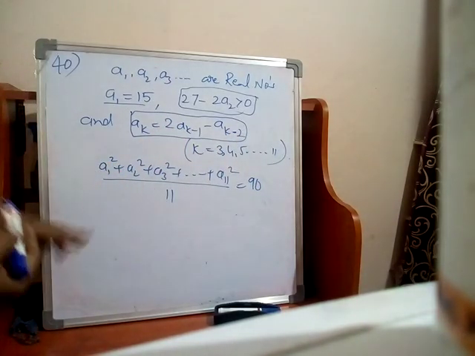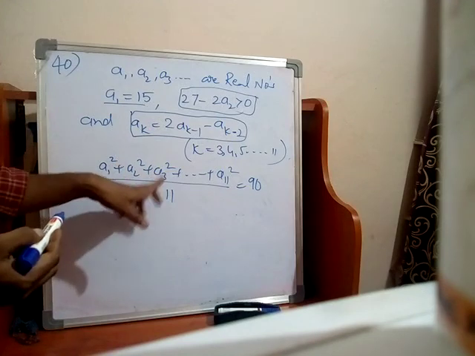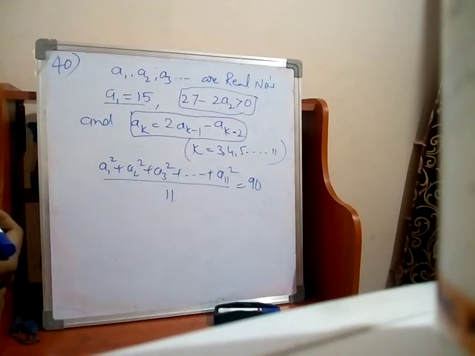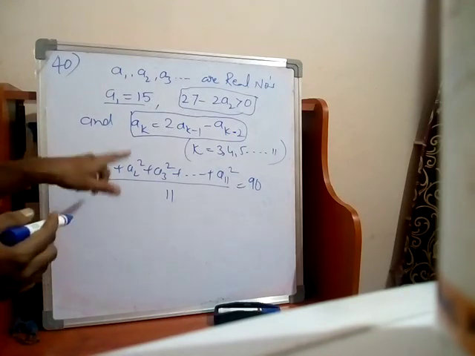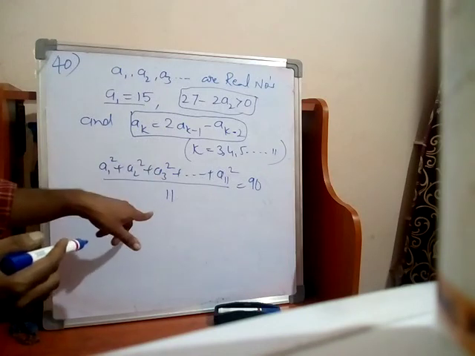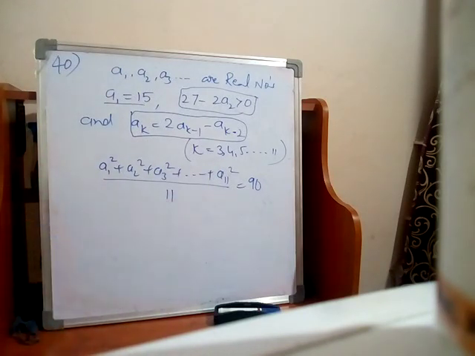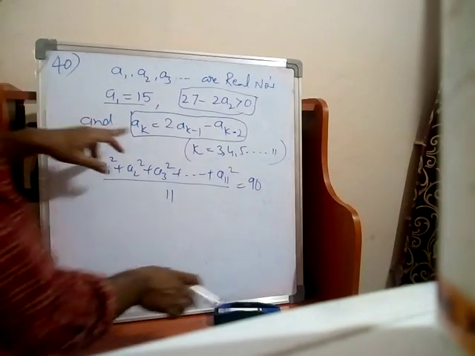Okay, and A1 square plus A2 square plus A3 square plus so on up to A11 square, divided by 11, is equal to 90 given. Okay, so this is the information. What is being asked? A1 plus A2 plus A3 plus A4 plus so on up to A11, divided by 11. What is the result? That is what is asked. So here, given